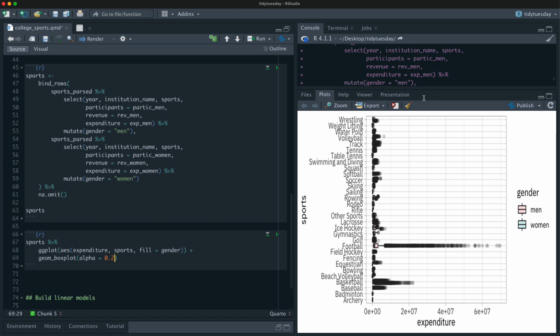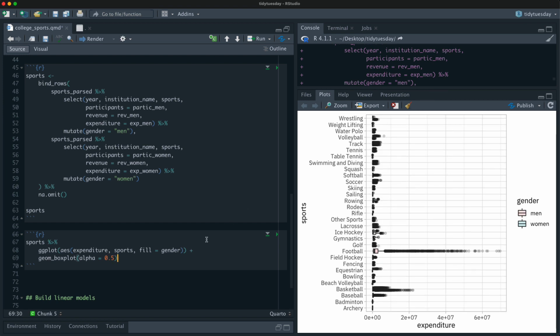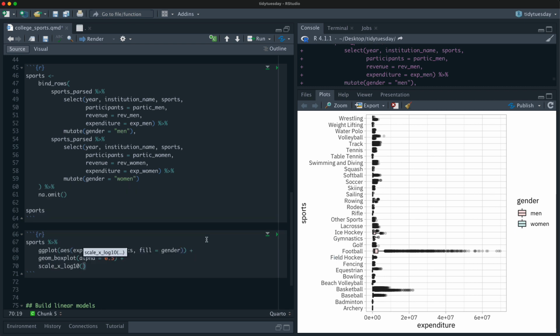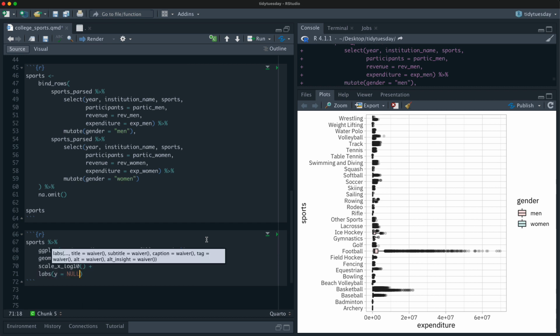First thing I want to do is look at football. That just really tells you right there what's going to be a huge impact in this. So let's put that on the log scale. We don't need that y-axis label, I think it's pretty clear that it is a sport.